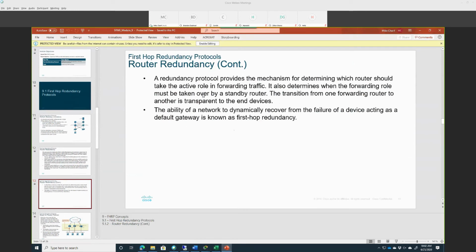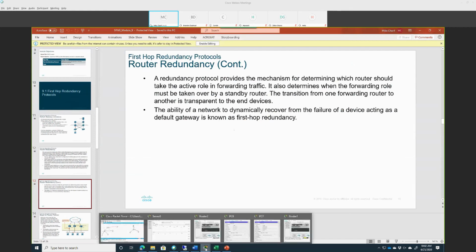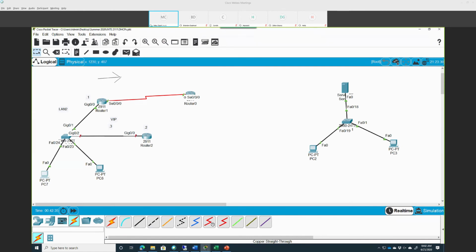So the redundancy protocol provides a mechanism for determining which router should take the active role in forwarding traffic. It also determines when the forwarding role must be taken over by a standby router. The transition from one forwarding router to another is transparent to the end devices. The ability of a network to dynamically recover from failure of the device acting as default gateway is known as first hop redundancy. So what does that mean? It means